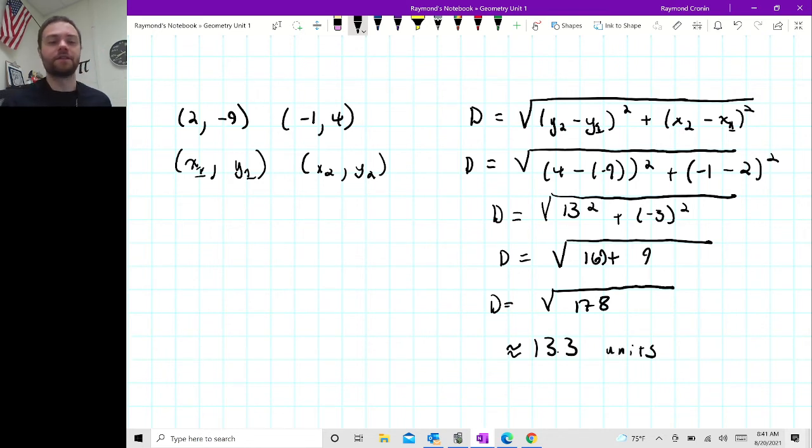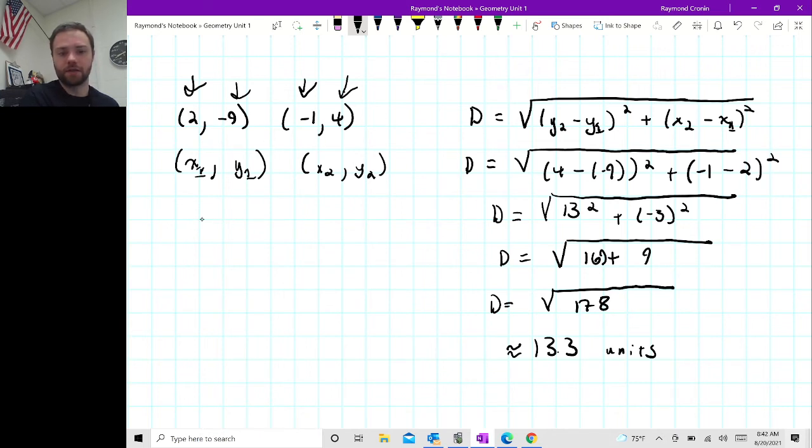And the problem with that is a lot of people struggle with those signs, okay? So I was shown this, and I think this is absolutely awesome. You're trying to calculate the distance between the x values and the y values and square them. The distance formula is just the Pythagorean Theorem between 2 points, okay? So you take 2 points and create a right triangle out of it, and you get the distance between the two. So really, what I can do is take both of these x values, or both of these y values,